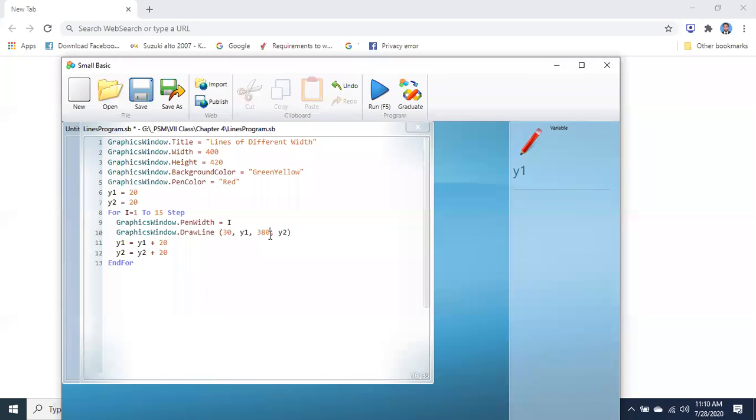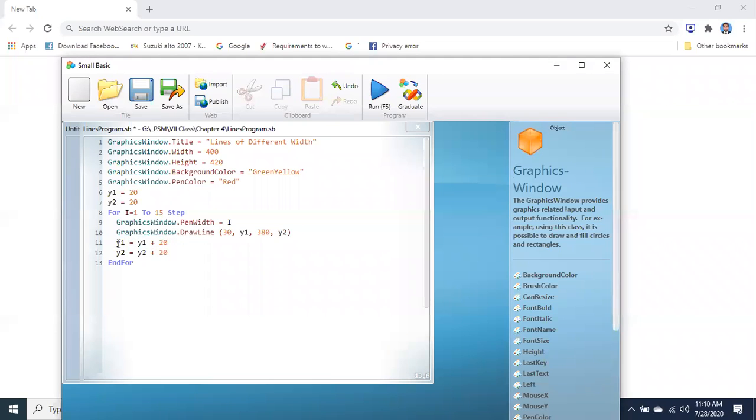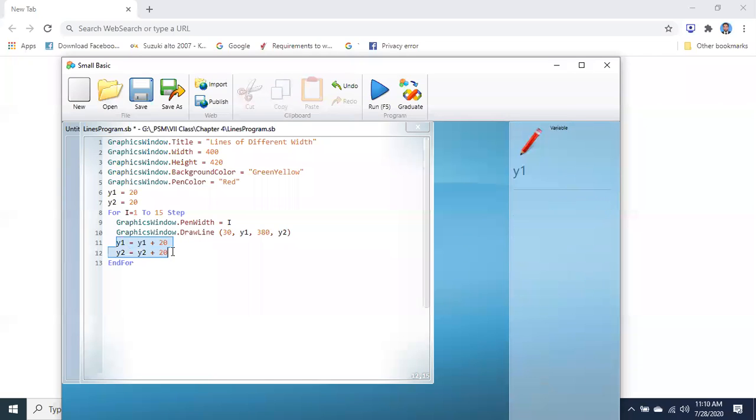For y1, each time we increase the value by 20, so that on the y-axis the line goes down. As I told you, the y-axis controls the position of the line according to height. So we are increasing y1 and y2 by 20 for the next step.